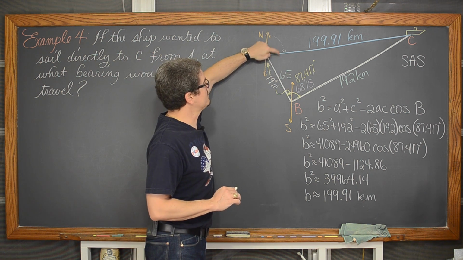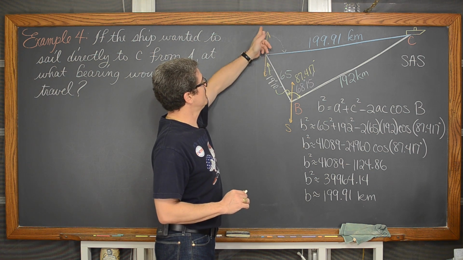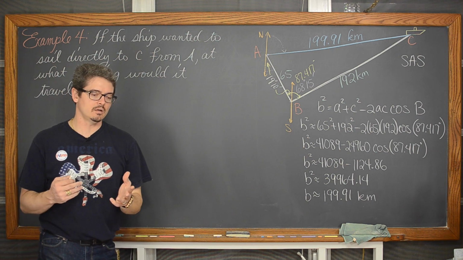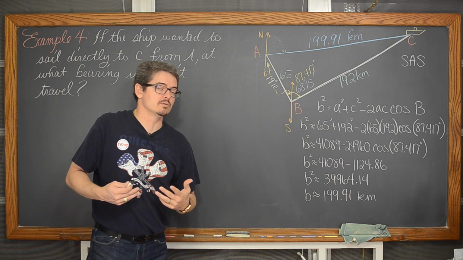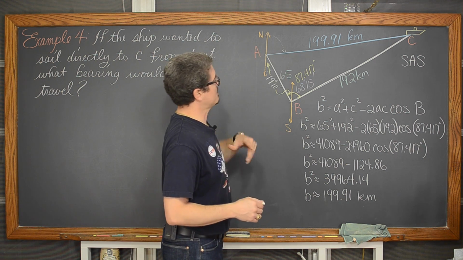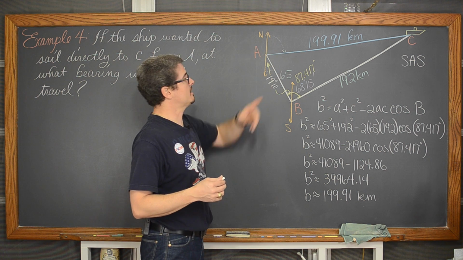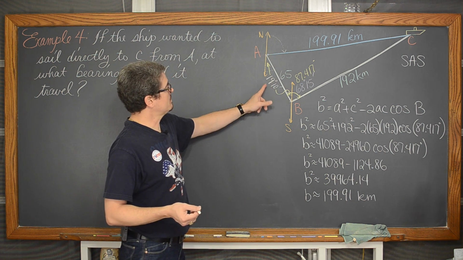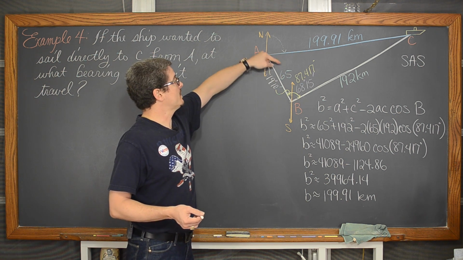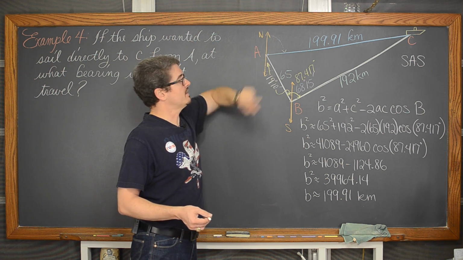And then I would have 1, 2, 3 angles, basically all adjacent to each other, forming a straight line. Now that's not a linear pair. A linear pair is a pair of angles that are supplementary, or that form a straight line. But yes, these 3 angles, while you can't call them some kind of special name unless there is something out there I'm not sure about, they do add up to 180 degrees. So if I know this angle, and if we find this particular angle inside the triangle, we can subtract those 2 angles from 180 degrees and find out what that bearing is.